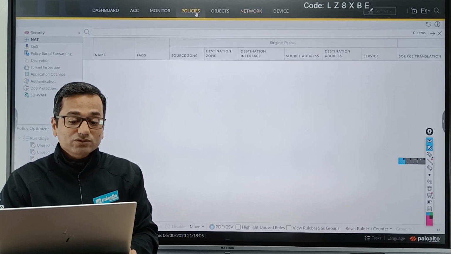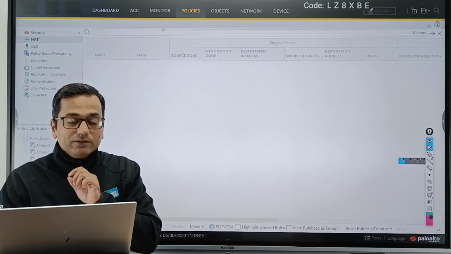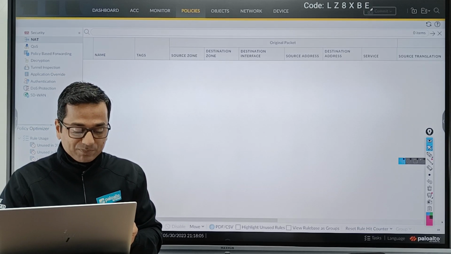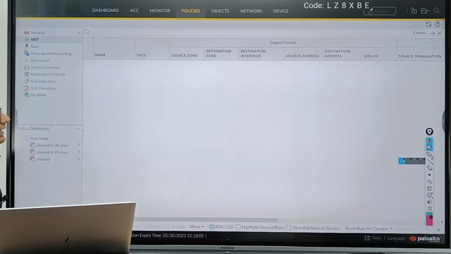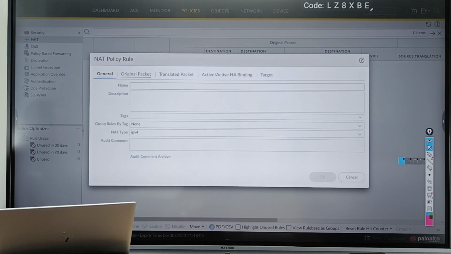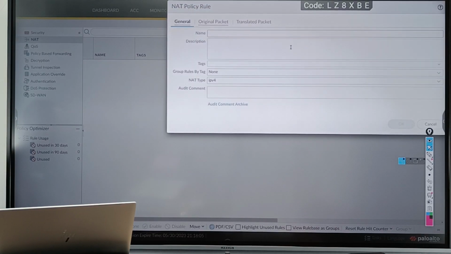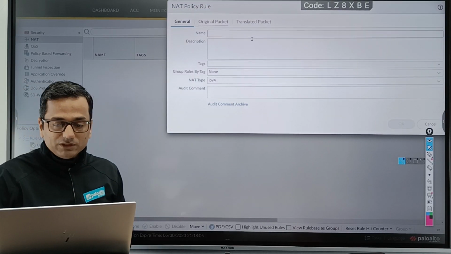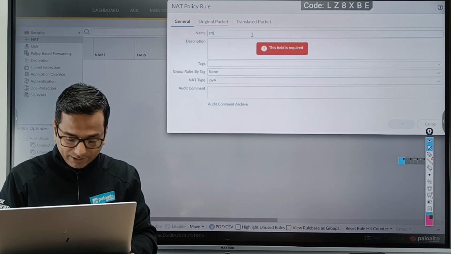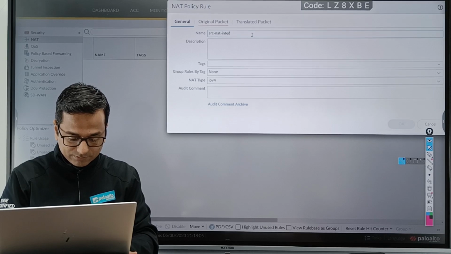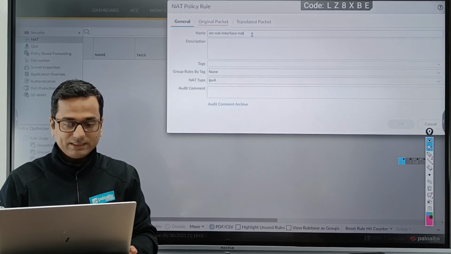Now let's go and focus on the policy. Which policy? NAT policy, not the security policy. Okay, then NAT policy, then click on add. Let's explore every option. In the general tab you can define the name, SRC NAT interface NAT.